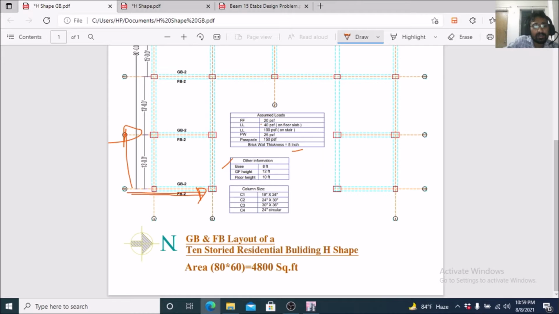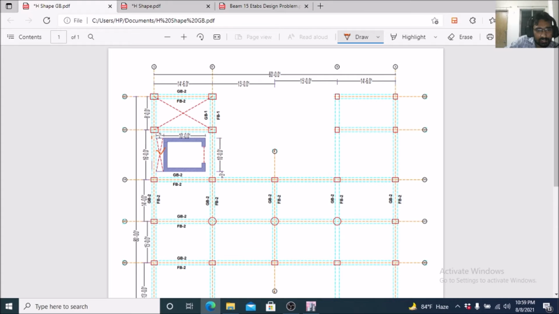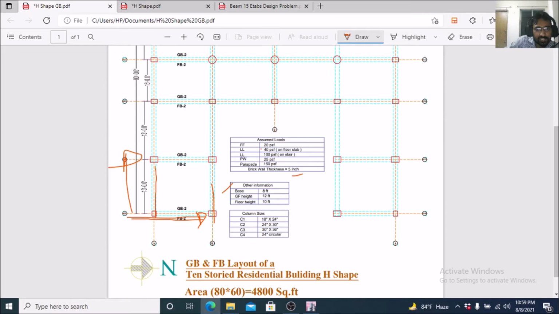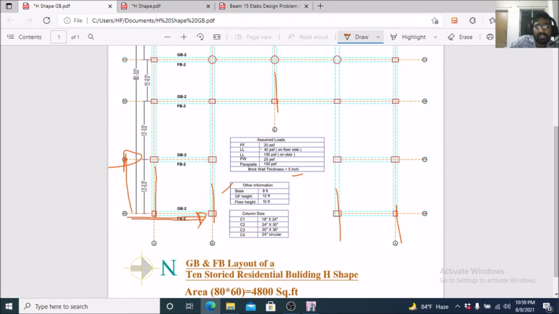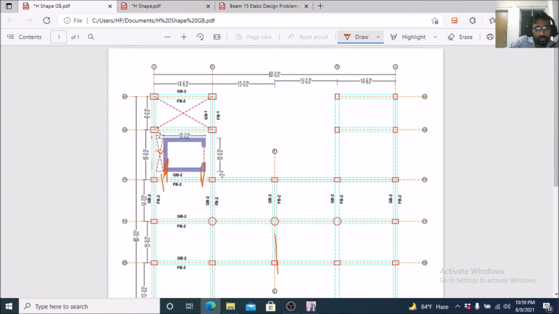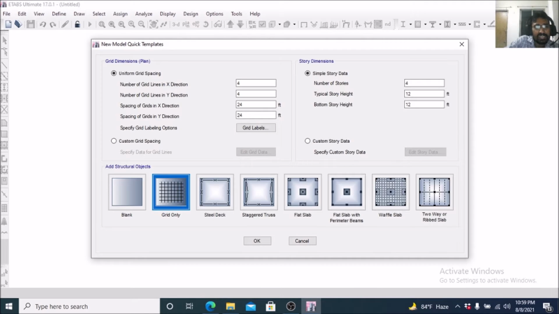So the grid number will be, this is a grid, this is also a grid, this is a grid. In the X direction, the grid number will be 1, 2, 3, 4, 5, 6, 7. So we have to input the data in ETAP software: the number of grid lines in the X direction will be 7, and the number of grid lines in the Y direction will be, let's get